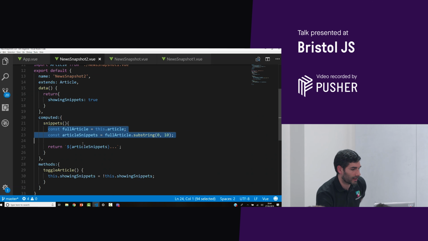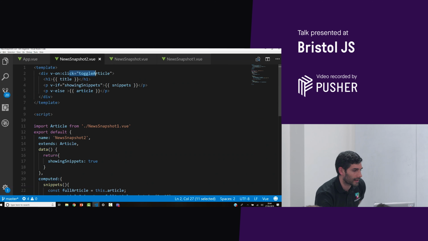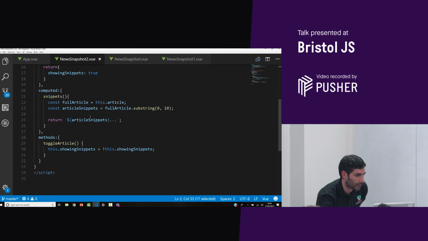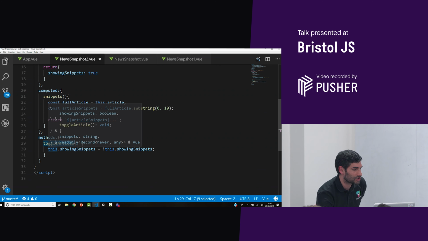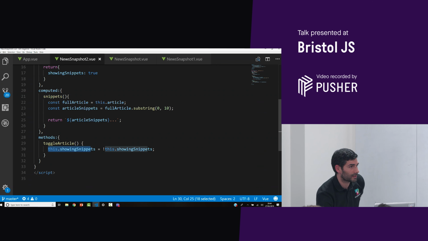Very simple JavaScript, guys. It takes the full article. It takes the first 10 characters. It shows it with the ... Nothing different. Okay? And then what I'm doing, as I say, on click, I'm doing toggle article. So there is a toggle article method, that's all. And this is actually changing the data. So I say, take this showing snippets and do the inverse. So if I go back to the